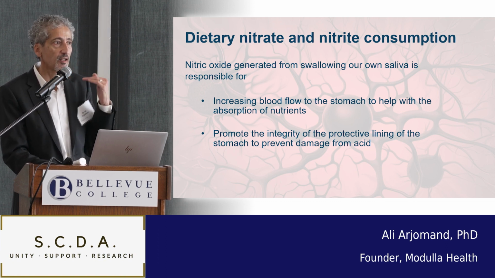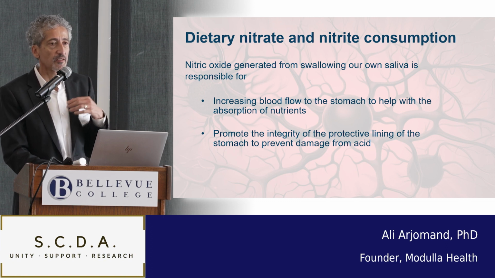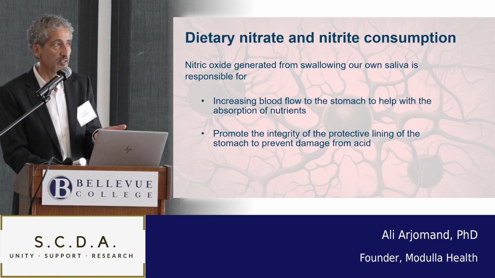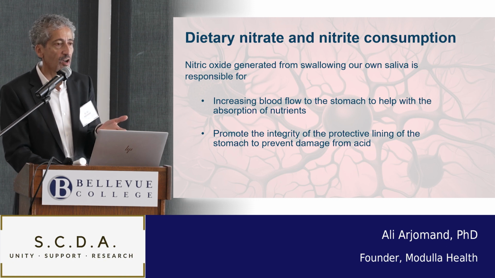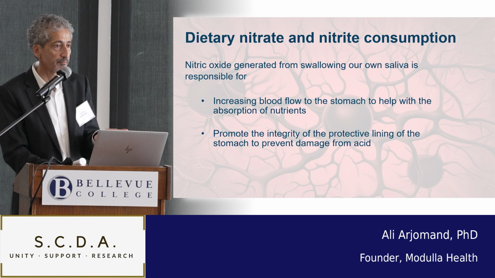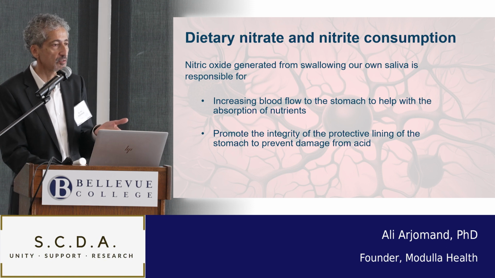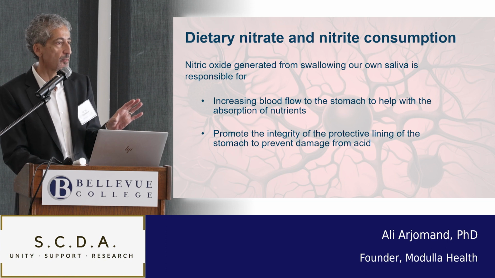Just from the diet and the salivation and the foods, we're producing nitric oxide and making it available for the rest of the body. And not only does it impact hypertension, but nitric oxide is also an anti-inflammatory. It's also anti-infective. It's been known to zap viruses and pathogens. So it's part of our immune system. And so it's not just a story about hypertension. You should start thinking about nitric oxide as part of our immune system.